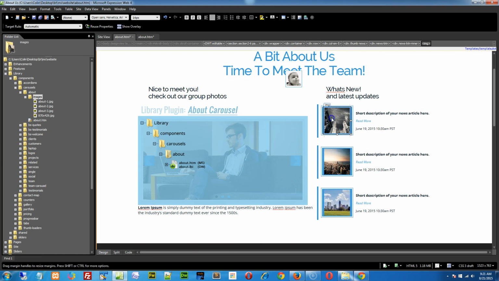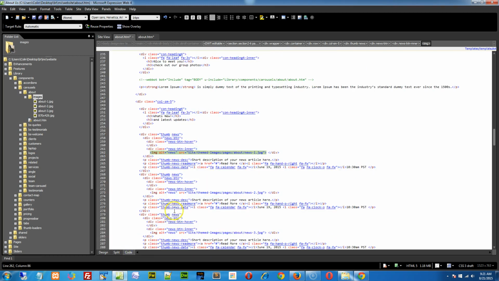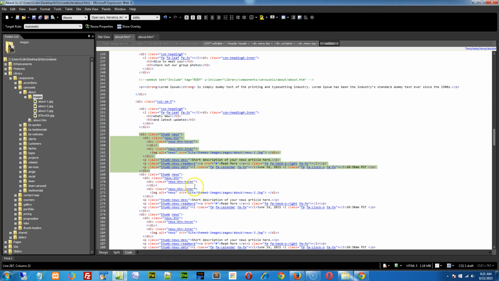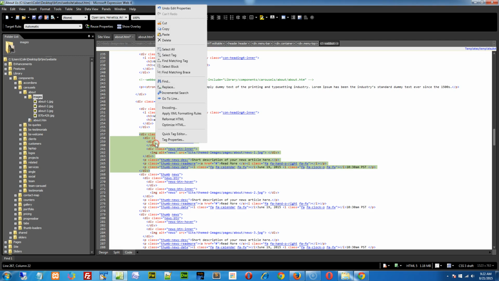We'll just select the image of the first one, so we can flip over to the code view here. What we're looking for is, see where it says thumb news right here, and thumb news right here, this div container. Right click on the first one, do the select tag, and that selects the entire thumb news container. We're going to copy this,